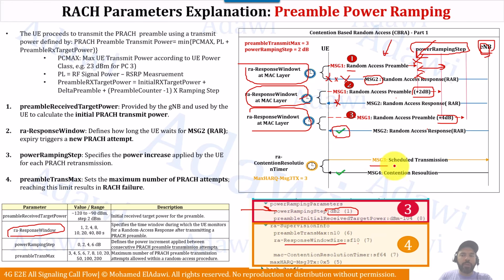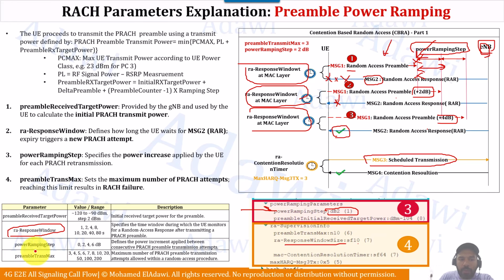And if message number 3 is being initiated here, which is called scheduled transmission, which I highlighted before, it's related to the RRC connection request, right? So I will discuss the related parameters for message 3 and message 4 in the next slide as well. But the last part I would like to explain here is about the last parameter here,